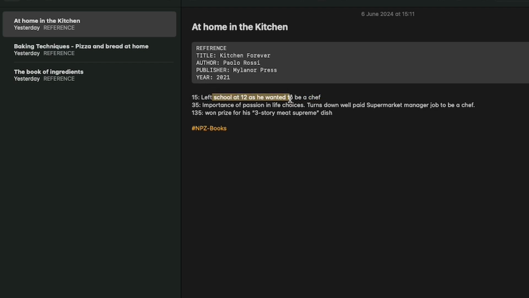On page 35 there is something else. On this page there is the fact that he won a very prestigious prize for a 3-story dish, whatever. And then I've got a tag here. You can be much more detailed with your tags, and this is something you need to decide based on your